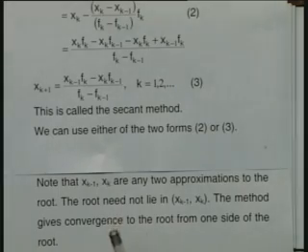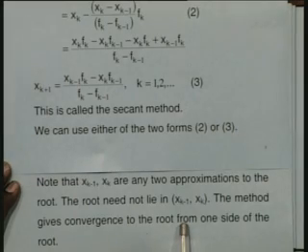Even if I start with the root lying in an interval, so let us suppose the root was 1.5 and we have taken the root lying between 0 and 3, this iteration will take one or two iterations to jump to one side of the root. So it will go either to the 1.5 to 3 side or the 0 to 1.5 side and then start converging from one side only. That means if we are using the secant method and start with a root lying in an interval, you would lose one or two iterations so that the convergence comes from only one side. The convergence is always from one side for the secant method.